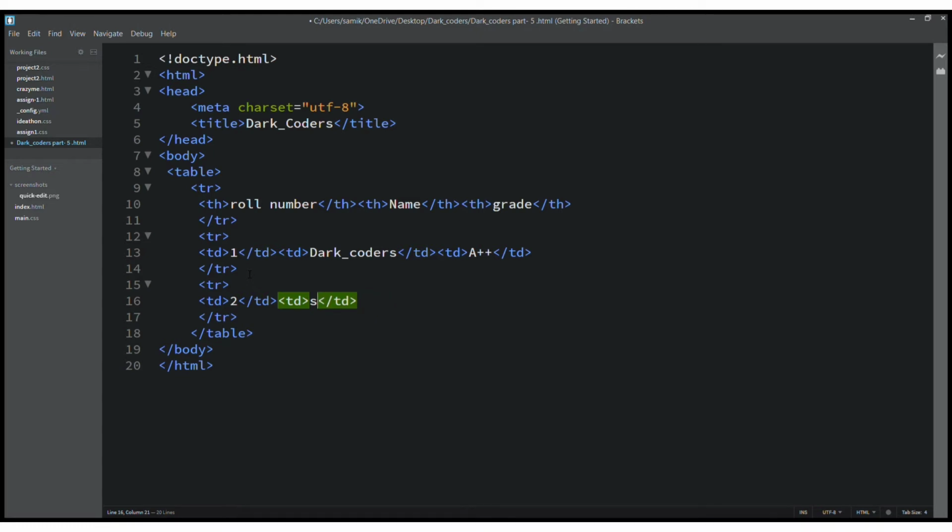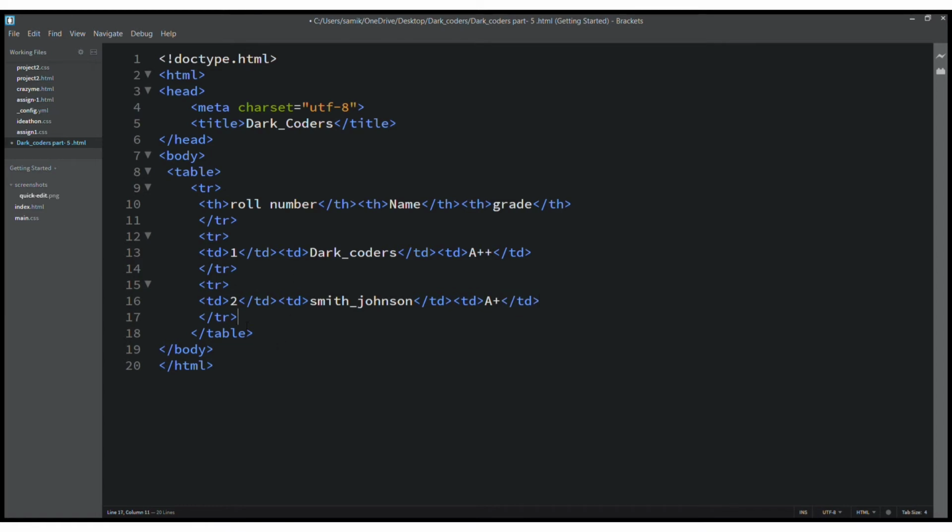I will write Smith_Johnson. So it will be displayed. After that I will give one more td tag, and then the grade. I will give here A plus.